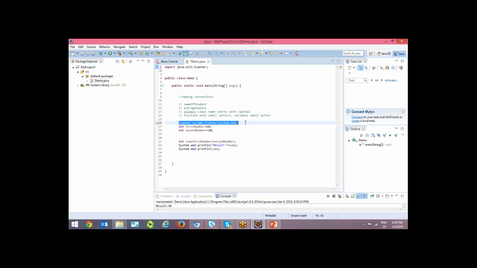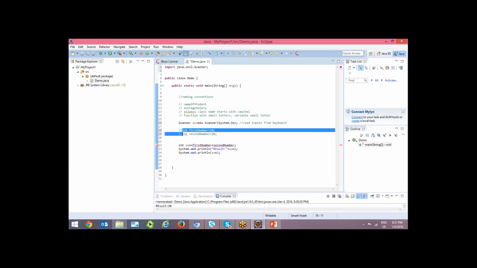The purpose of this Scanner is to read some input from the keyboard. Right? Now first number, second number, I wanted to read my own values whenever I run. So now I can make use of it rather than giving 10 and 20. Right? How we can give is now.